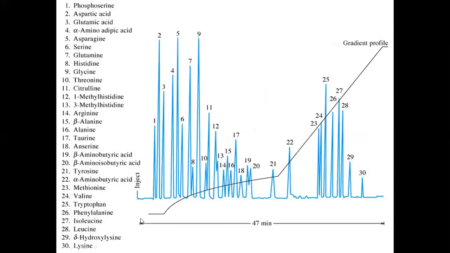Like this, you can see here 30 compounds can be separated by gradient elution. Up to here one mobile phase is used, and from here to here gradient elution is performed. So within 47 minutes we can complete the elution of 30 compounds with acceptable